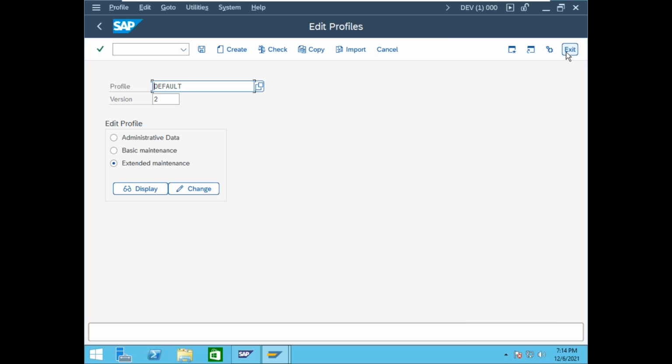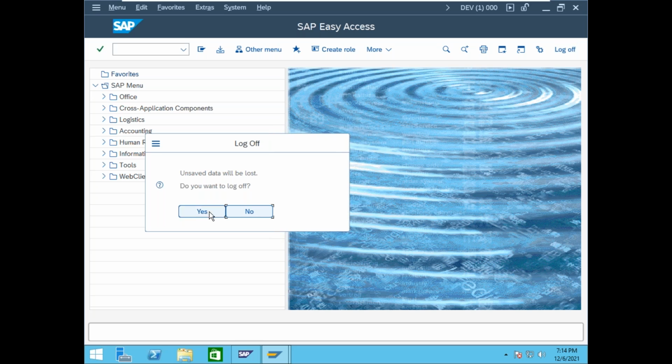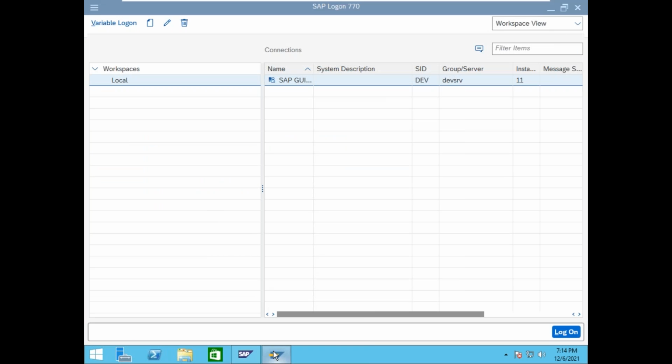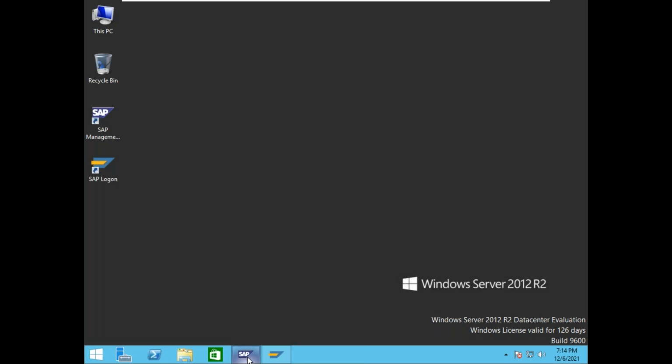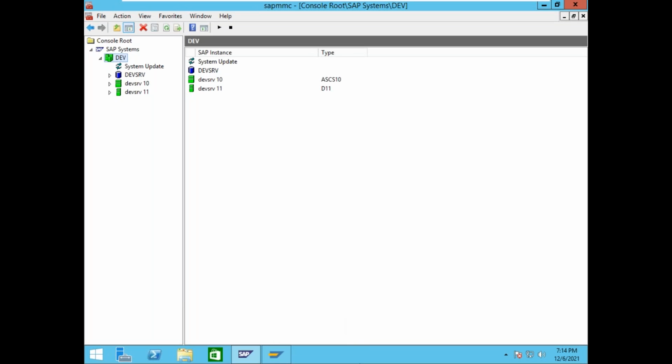Continue. Log off. Why do I want to log off? Because the changes take effect only after restarting the system. Whatever parameter value you change, the changes will be done only after the system restarts.